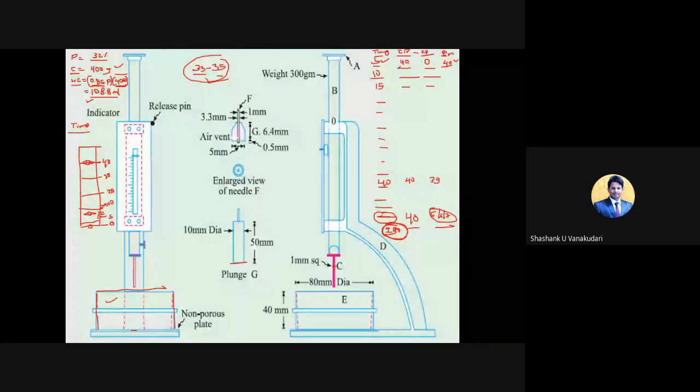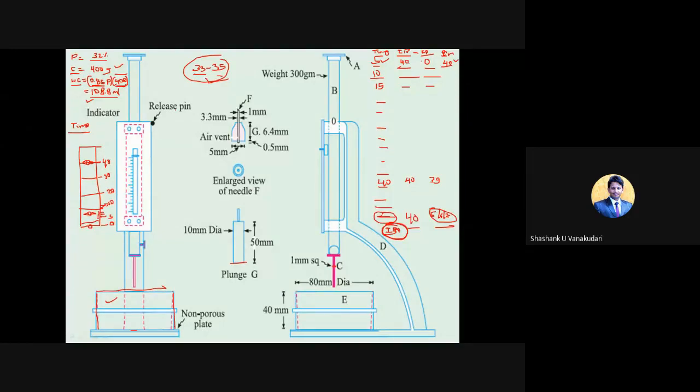Okay, so this is how you are going to conduct the initial setting time test. So why do we require this initial setting time in the practical part? Once you find out the initial setting time, within that duration you can complete all the works which come under concrete or cement. For example, first you take the ingredients to prepare the concrete: cement, sand, coarse aggregate. And once you add the water, it starts liberating heat as well as it is going to set.